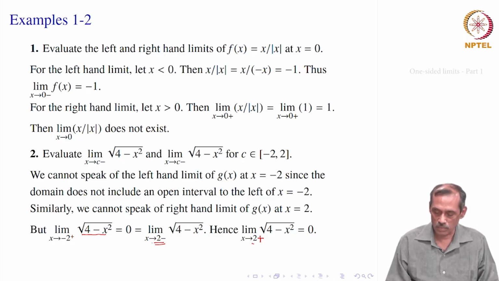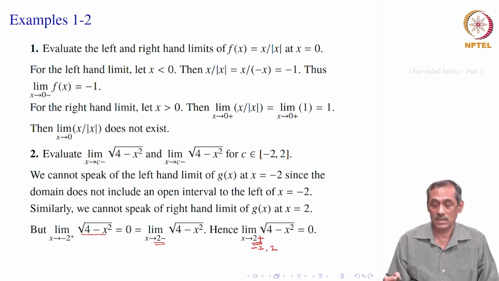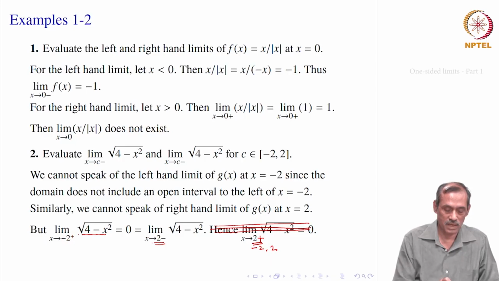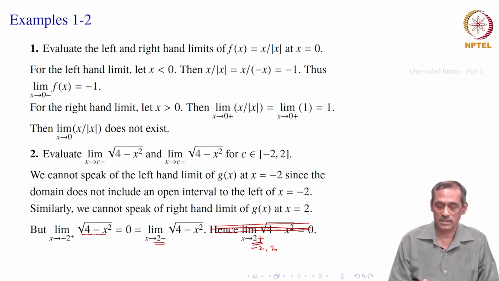So, when x goes to 2 minus, this is equal to 0, that is what it says. But if you take 2 plus, the limit is not defined, only 2 minus is defined, as we have seen here. So, the limit of the square root of 4 minus x square at minus 2 or at 2, those things we cannot speak of. So, this one which we write here, we cannot really write, because we cannot speak of even the limit when x is near 2 and bigger than 2. Similarly, x is near minus 2 and smaller than minus 2. Only we can think of at minus 2 plus or 2 minus.